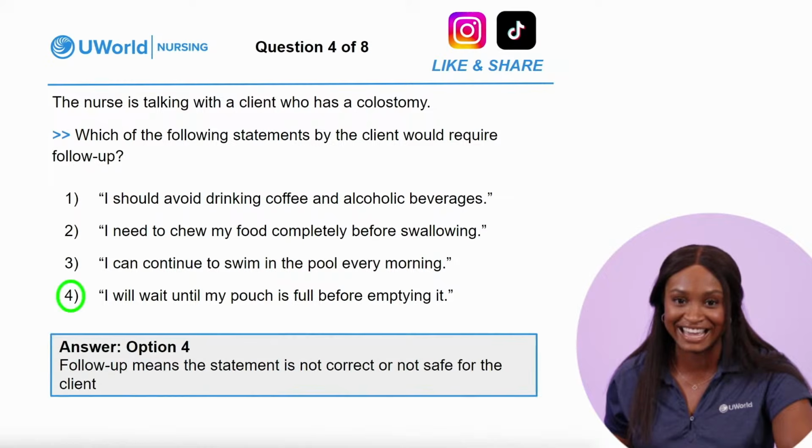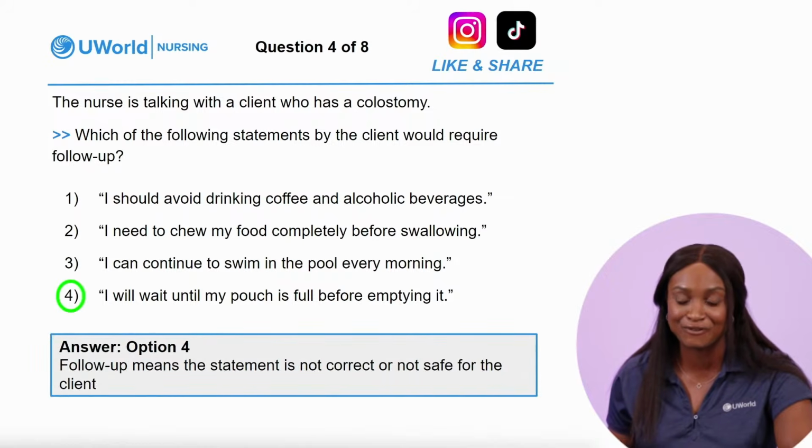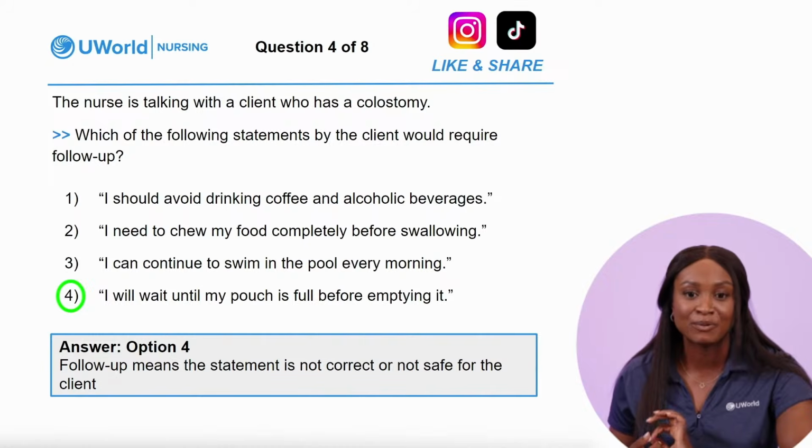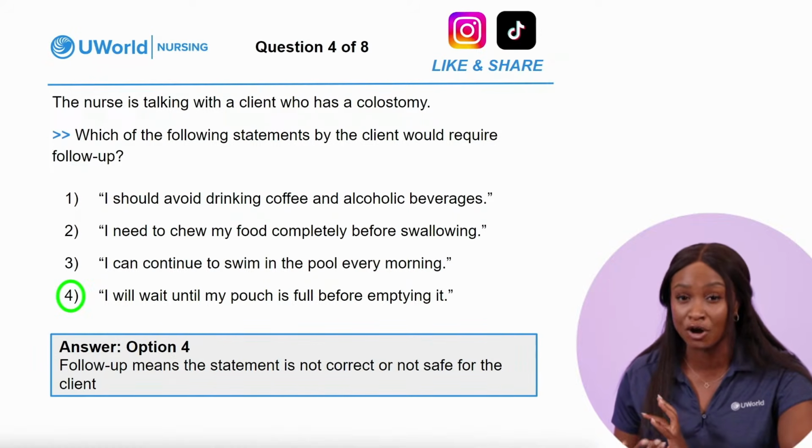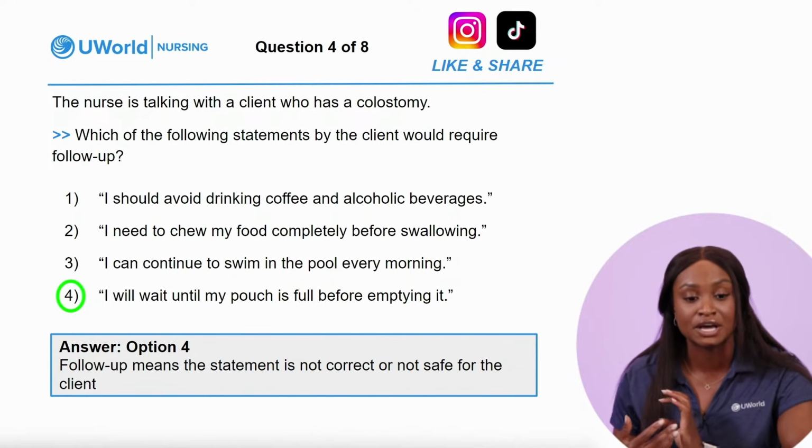Okay, let's go to the answer choice. Option 4 is the correct answer. I will wait until my pouch is full before emptying. With this question, we are looking for what we need to follow up on. So what is the client doing wrong or teaching wrong, so we can follow up and give the correct information. So we don't want to wait until the